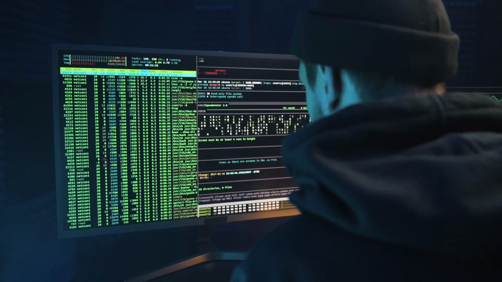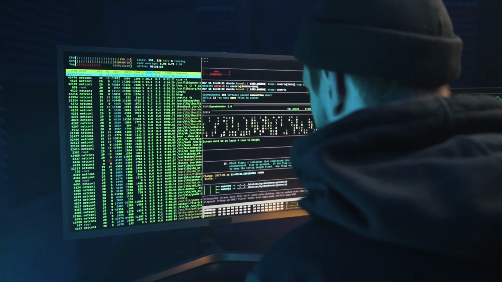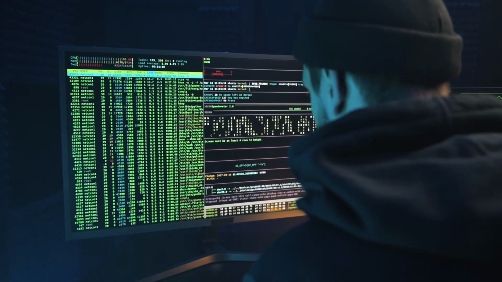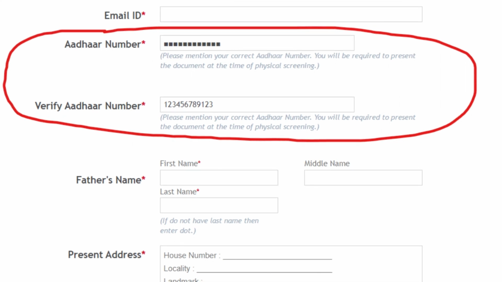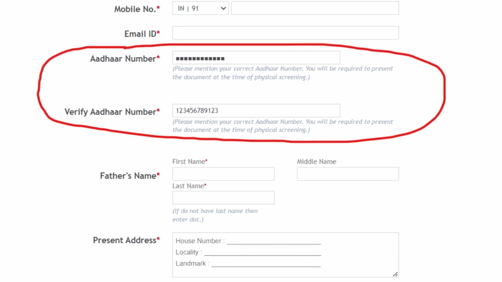So here the company played a twist in the registration form and made the system so foolproof that bypassing it is not possible. If you remember, at the time of registration, you have to enter your Aadhaar card number and re-verify the details. One can change his phone number and can create a free new email address, but they cannot change the Aadhaar number, which is already there in the company's database through your last registration. And with the help of your Aadhaar number, they track the profiles and get to know that it's you again who's trying to re-register and give the MCAT test.